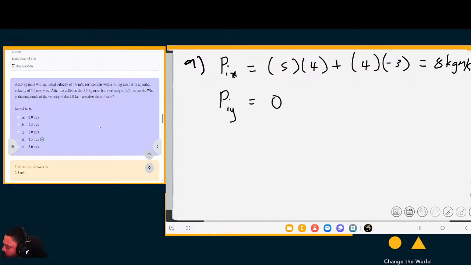So we continue. We have the initial momentum in the x direction is 8 kilogram meters per second. Initial momentum in the y direction is 0. Now let's go for the final momentum in the y direction. That's equal to the initial